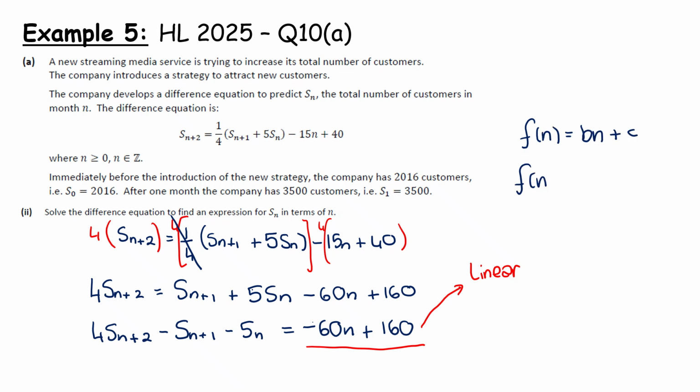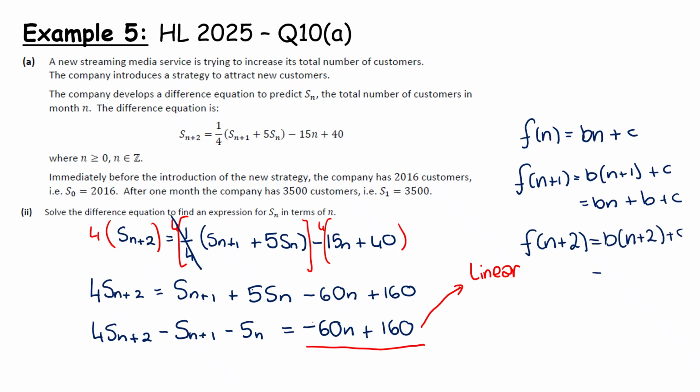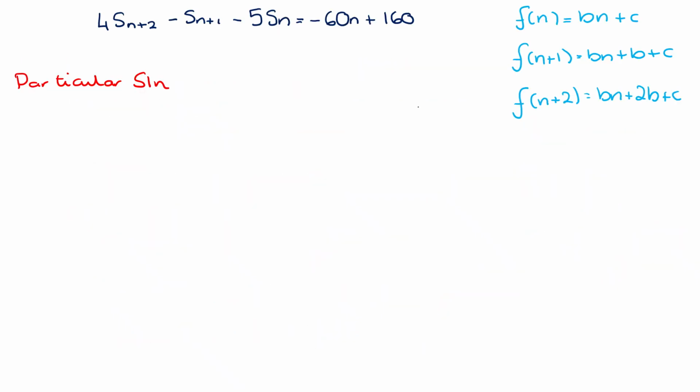If we want to do our f of n plus 1, that's going to be b(n plus 1) plus c, which is bn plus b plus c. And if we want to do f of n plus 2, it's going to be b(n plus 2) plus c, which is bn plus 2b plus c. Okay, I've just given us a bit of space so we can work through. Let's get our particular solution. So this is going to be 4f(n+2) minus f(n+1) minus 5f(n) plus minus 60n plus 160. So we add in